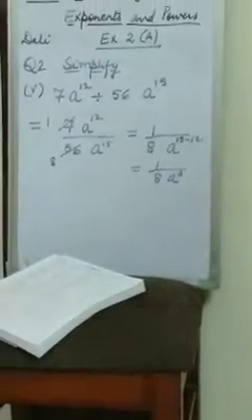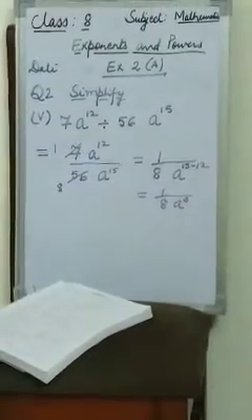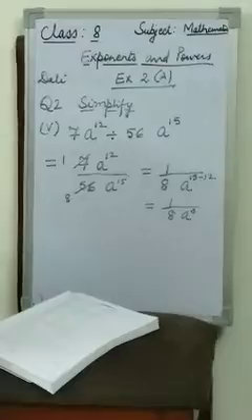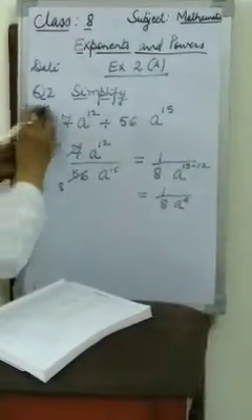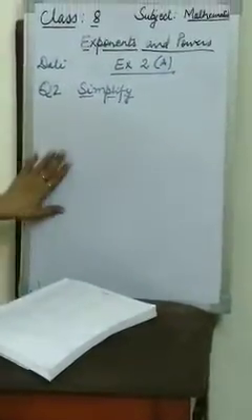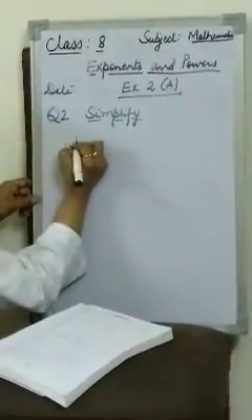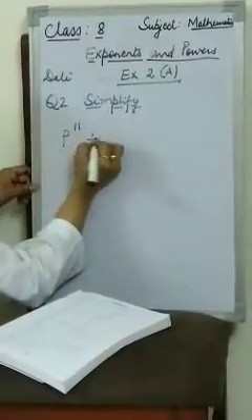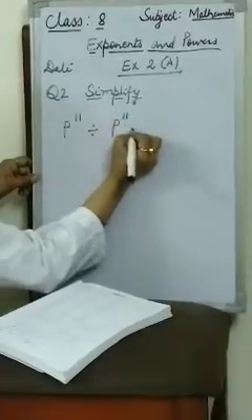I consider one more part of it, that is the fifth bit, the 8th bit. What is mentioned in the 8th bit is a very easy one. Just to give you an idea how to write it, I am doing it. It is p to the power 11 divided by p to the power 11.